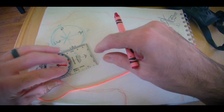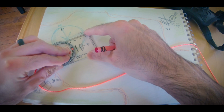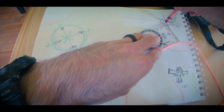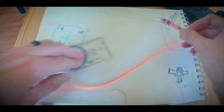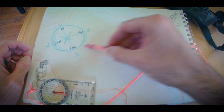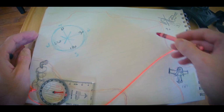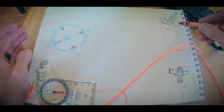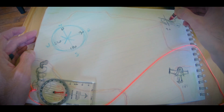So then we're going to take a straight edge. We're going to go on that 90 degrees, try to keep that straight edge, put that item, and then draw a line that we think is taking 90 degrees into account. So now that means that at the moment that we took that bearing, we were somewhere on this line. This is also known as the range. We were somewhere along this line because when we were looking at the helicopter, we were looking at 90 degrees